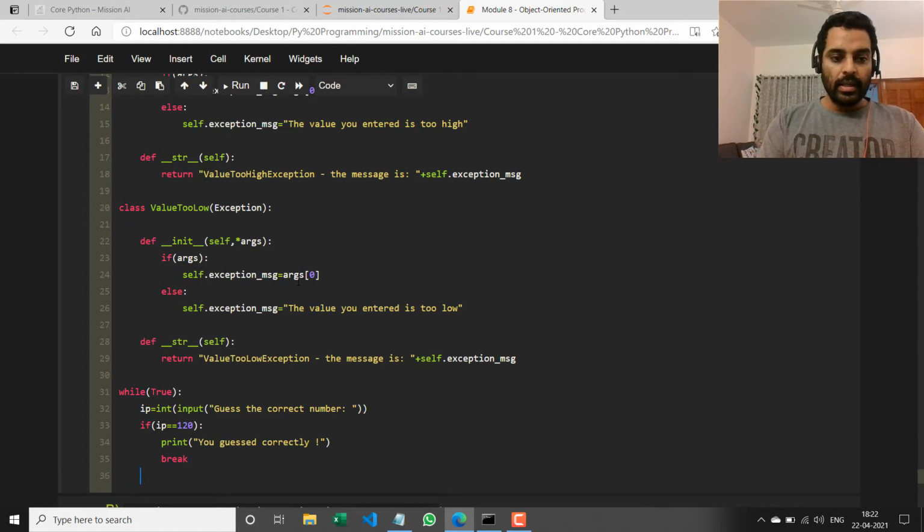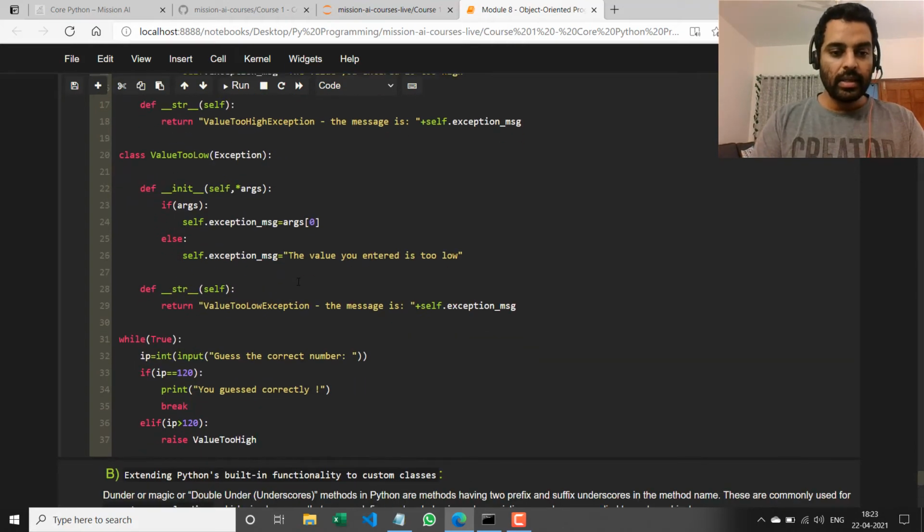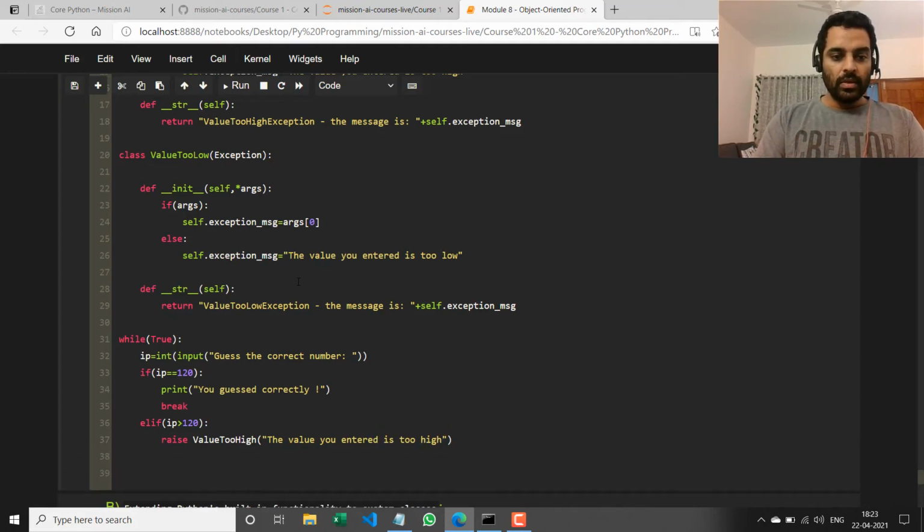Now, else if ip greater than 120, I'm going to raise the value too high exception, right? Raise value too high, and I'm going to pass a custom message to it. The value you entered is too high, okay?